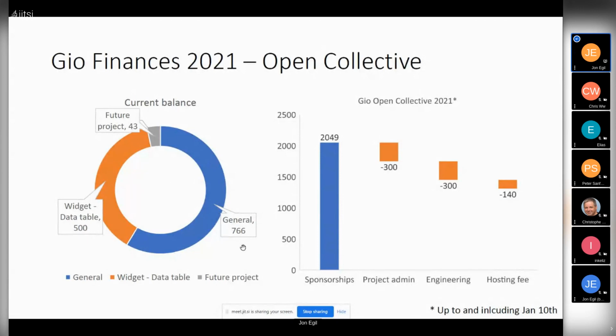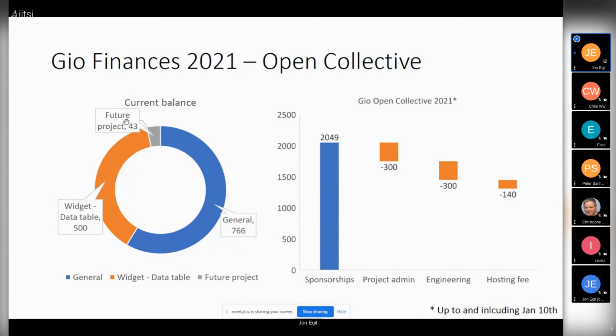$766 here. We have explicitly allocated $500 on the data table widget to be released when Chris approves of the widget. It is getting closer, so I look forward to releasing the funds when Chris accepts the widget.